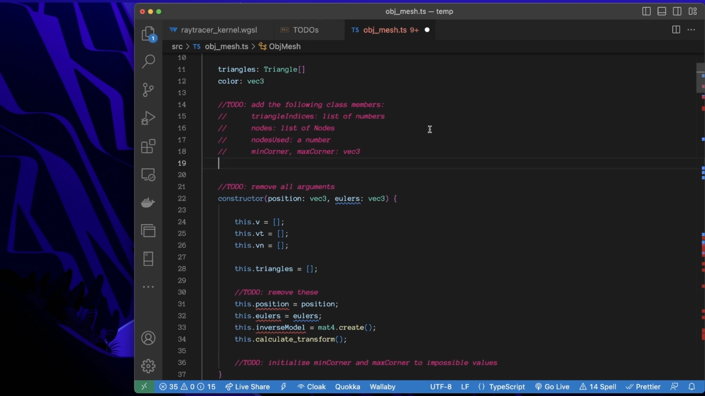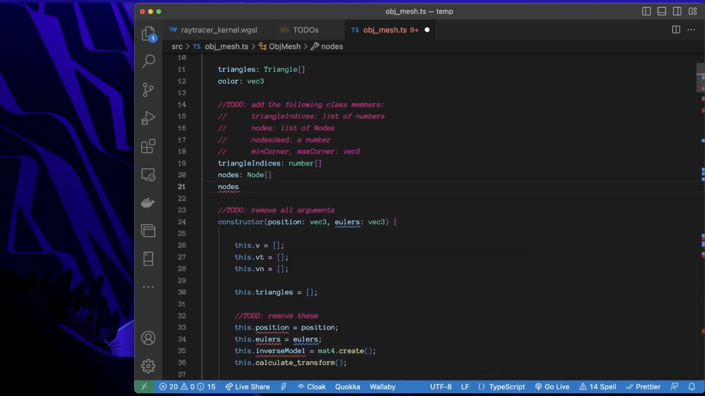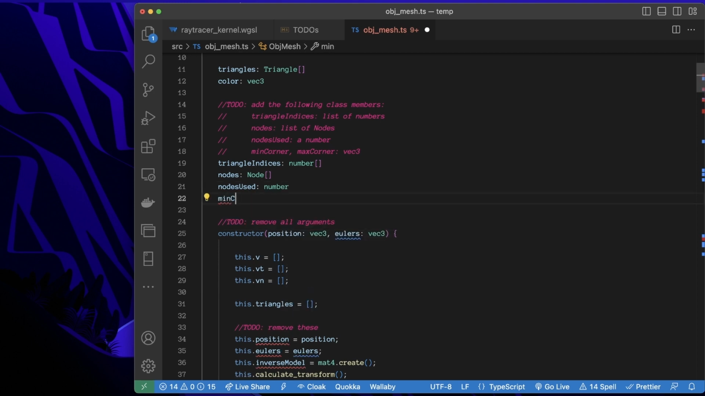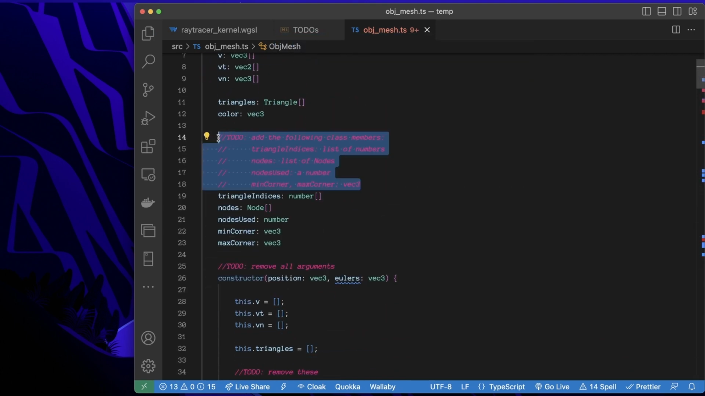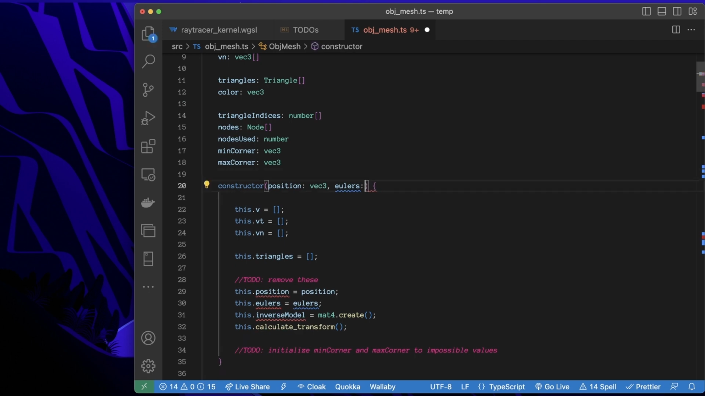So we'll add triangle indices. I'm really just duplicating the work that I was doing before. And we'll add nodes. That's a list of nodes. Then we'll keep track of nodes used. And we'll have min and maximum corners. For the constructor, we do not need to take the position and Eulers because, like I said, we're just loading